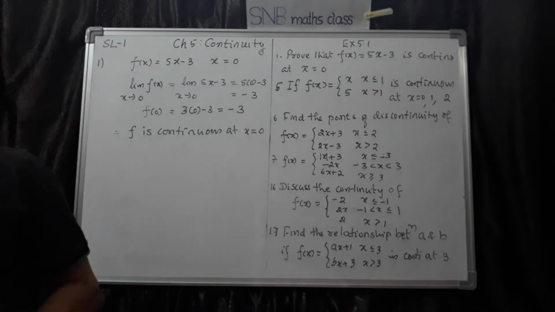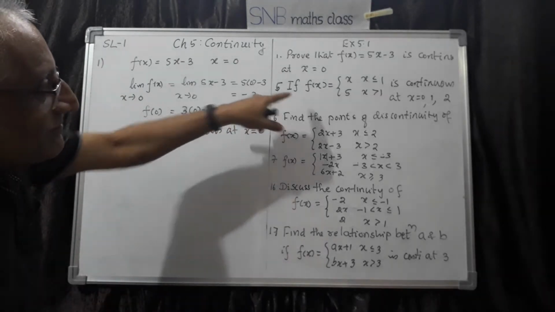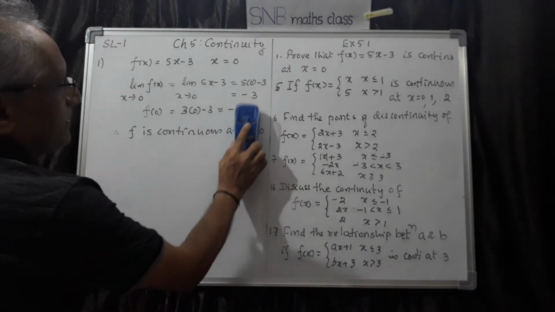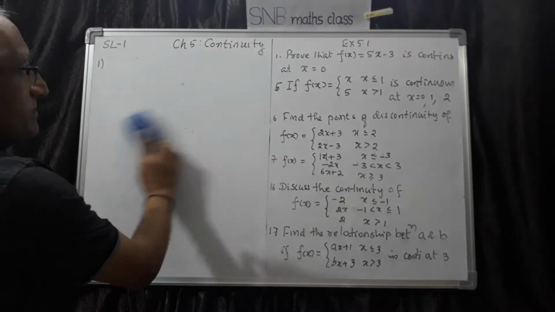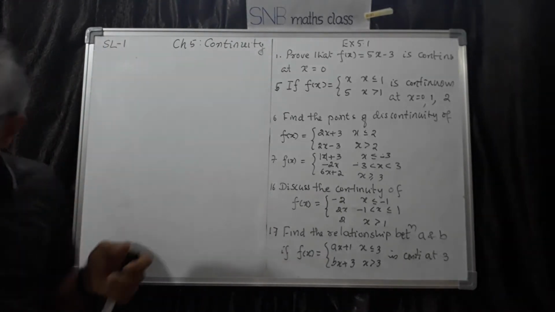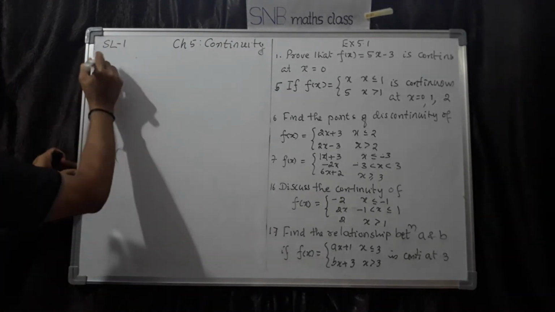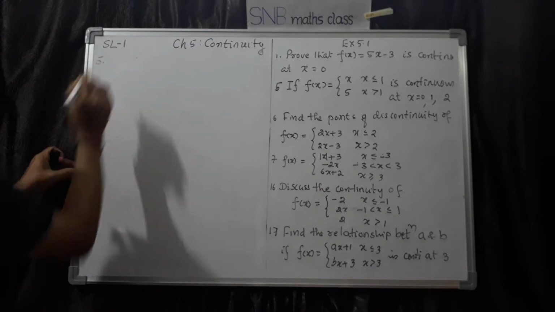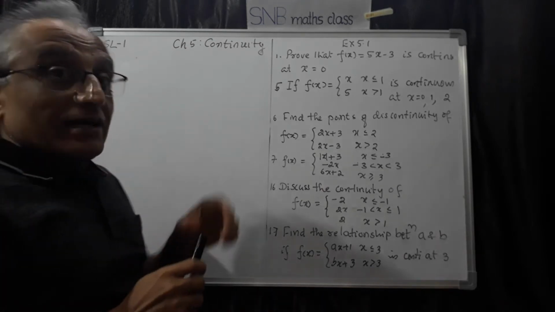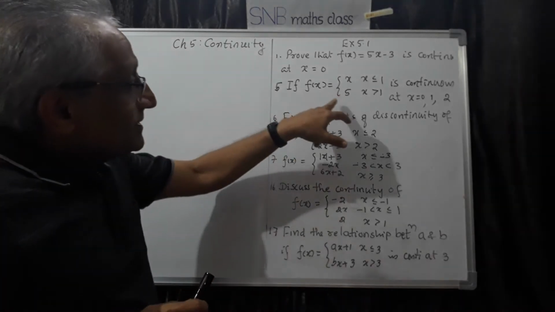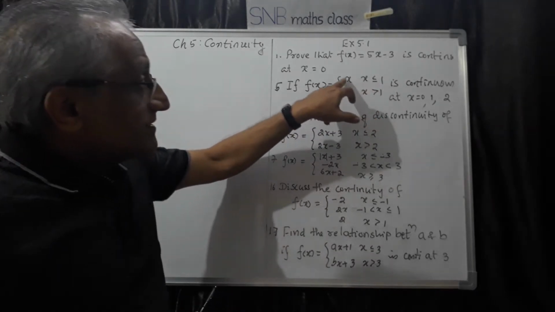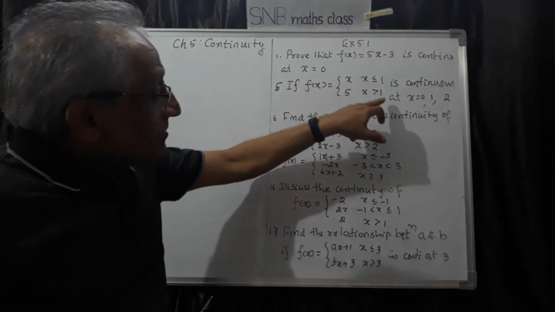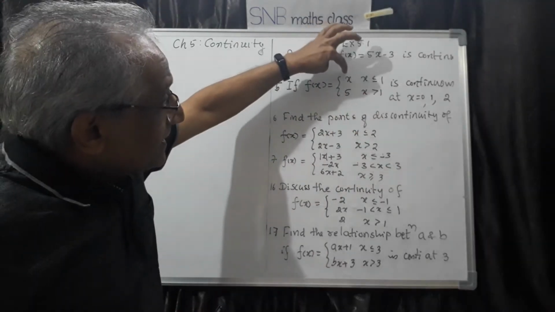Now let me remove this one because this requires a little bit more elaboration. So the second question, or question number 5 in the exercise, is this. See here, I have already made it very clear. This function is called a piecewise function. That is, for x less than or equal to 1, this is the value, x, and for more than 1, this is the value. Actually, this is the identity function.